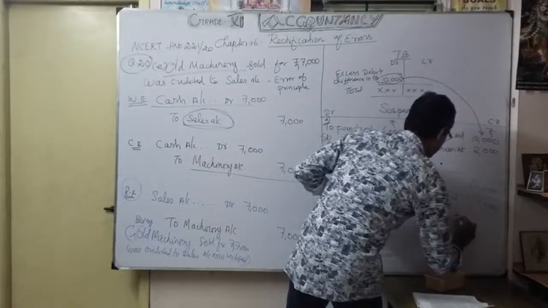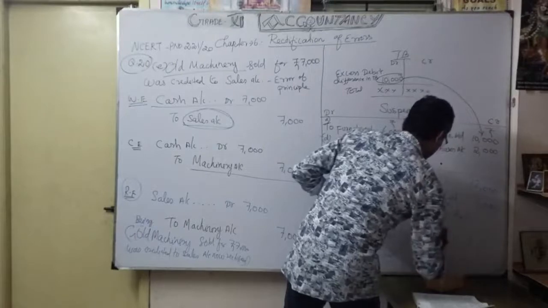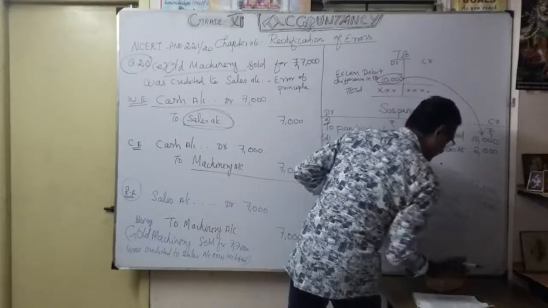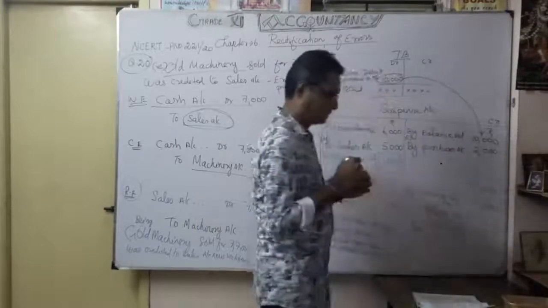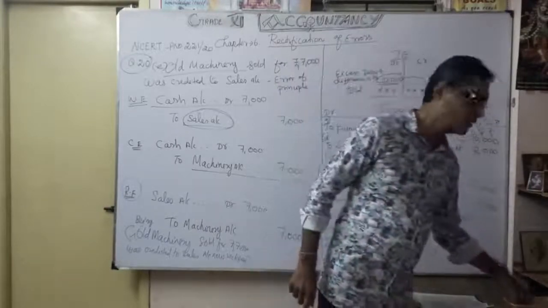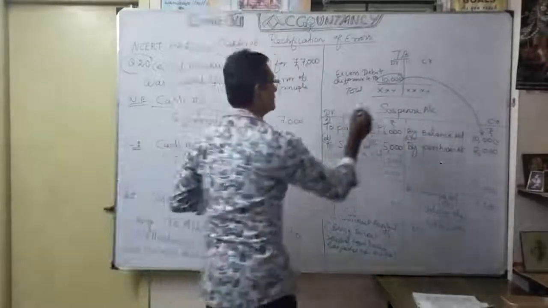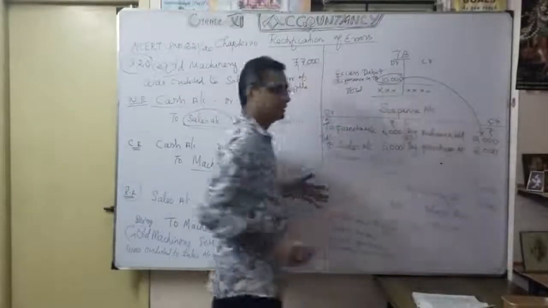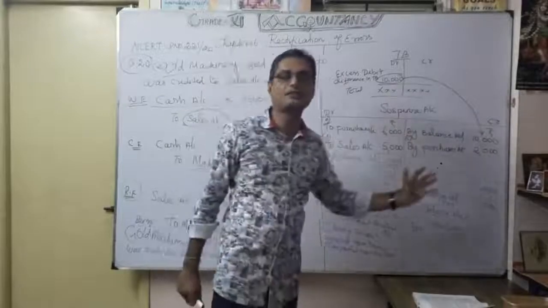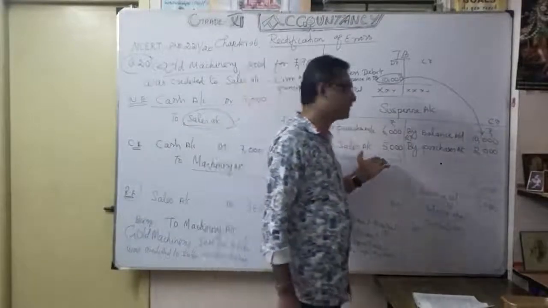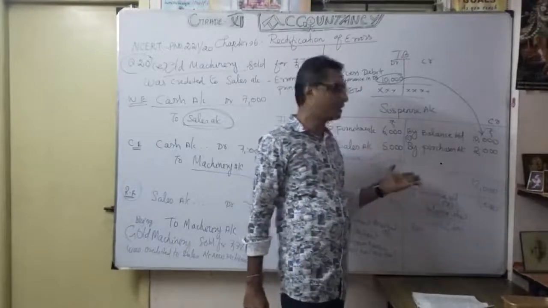In a balance sheet, we consider what? Liabilities. So under the liability side, only we are going to show what? Suspense account 1,000. Understood? Even though there was a trial balance difference, that's why we started. Even after locating all the errors in the suspense account, I'm going to get again the balance here, the 1000 rupees credit balance.